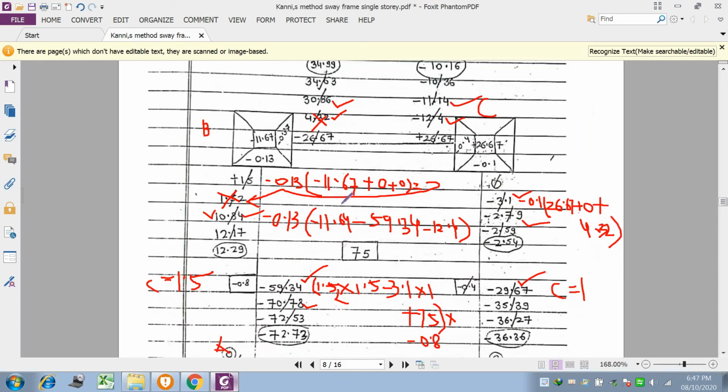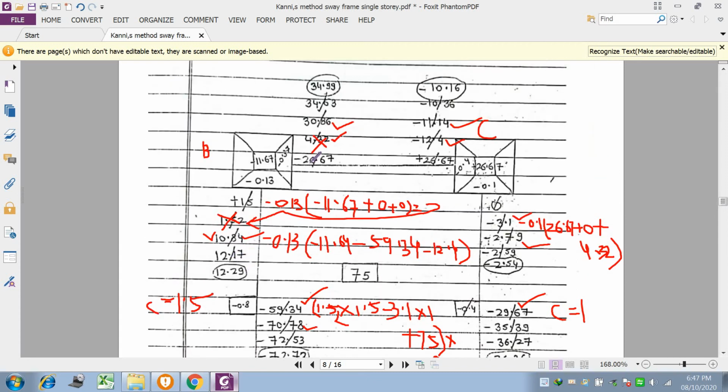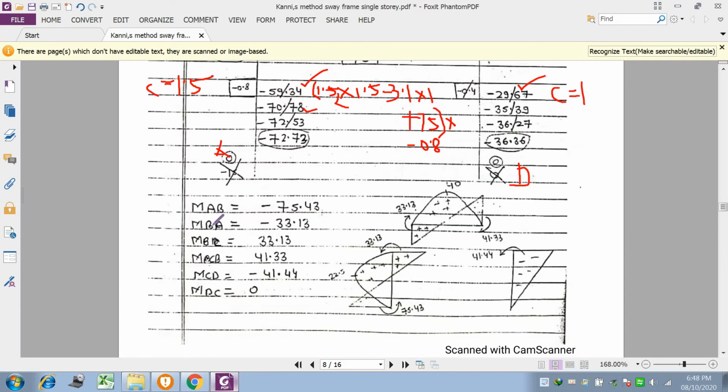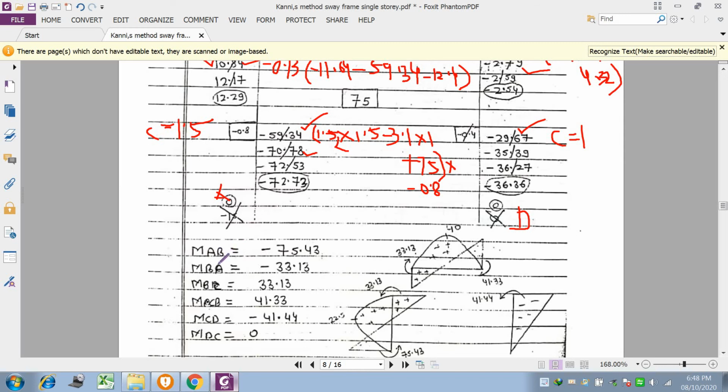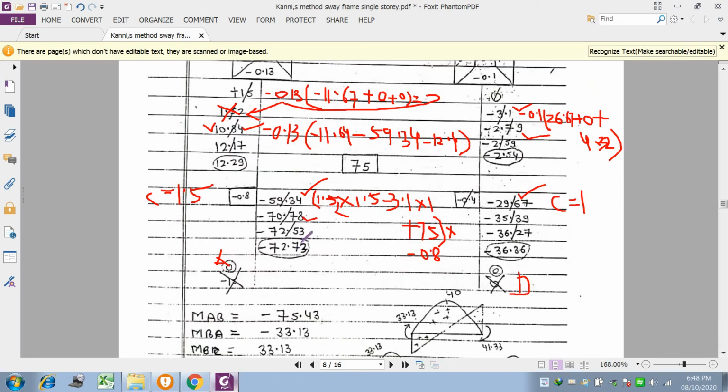In a similar fashion, you can go up to 3 to 4 iterations, until the last two values become the same. Here it was 12.17, here 12.29, so you can stop the iteration from here. 34.04, 34.09, here also and here also. Then the final moment formula we already know. Always remember that for the calculation of AB, BA, CD and DC, you have to use this final factor value minus 72.73, and here also minus 36.36.